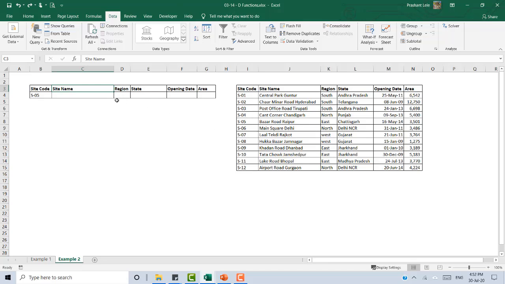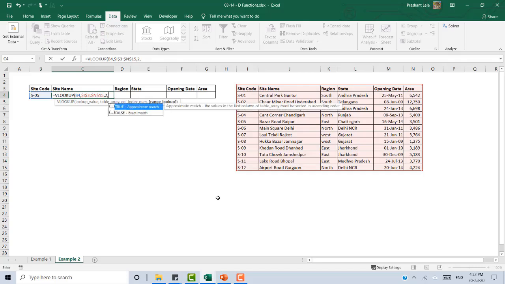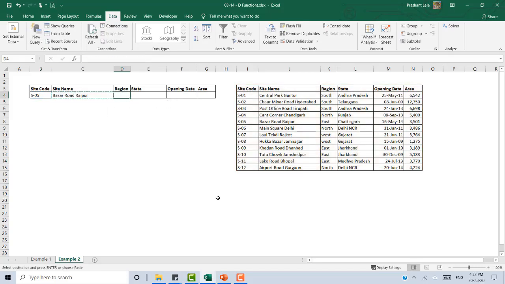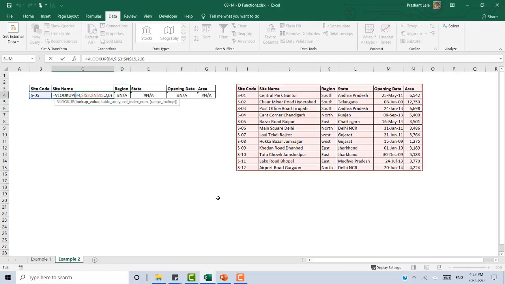as per the site code, I can use VLOOKUP in two different ways. One is the traditional way like this, 2, 0, then copy this here. Sorry, I didn't freeze the B column.